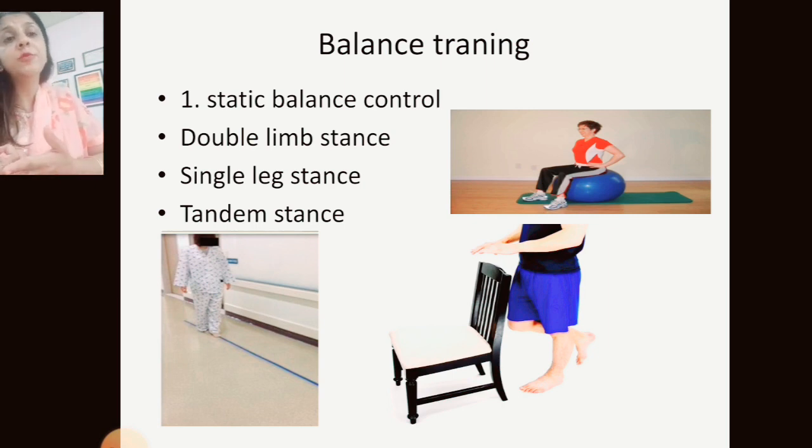Then if the patient is able to do the double limb stance, we proceed towards the single leg stance. Single leg stance is nothing but we ask the patient to stand on one leg, initially with support of the hand, then two fingers, then one finger, and then without support, initially with open eyes, later on with closed eyes. In that component we must work upon the coordination part. If the patient moves sideways initially, we control the pelvis to improve coordination and maintain that position.